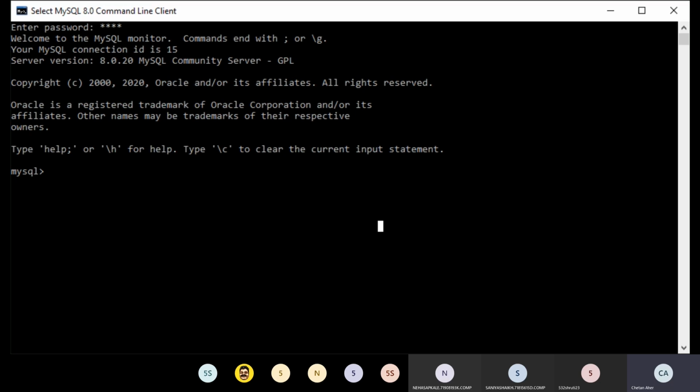So what happens in MySQL? The database is in tabular form. The columns are called fields, and in every field there are multi-set values. In the field there are multiple values, or you can say tuple variables are present. So the collection of those variables can be called a set.